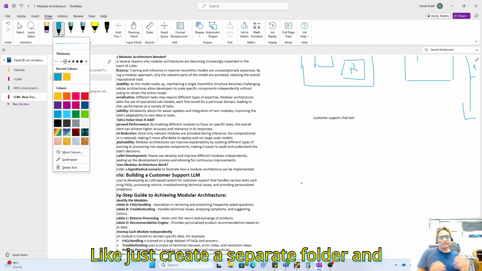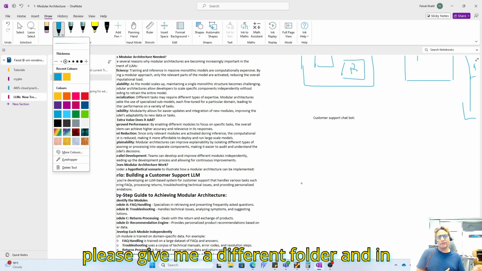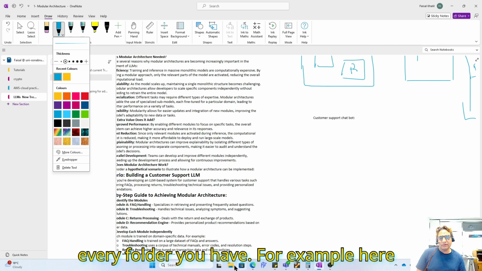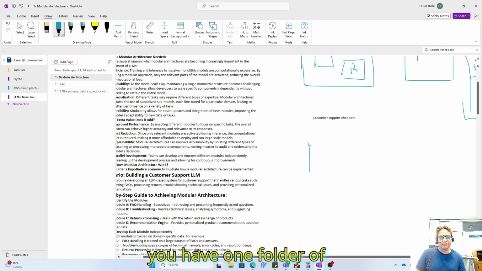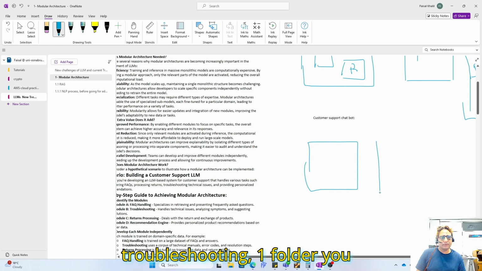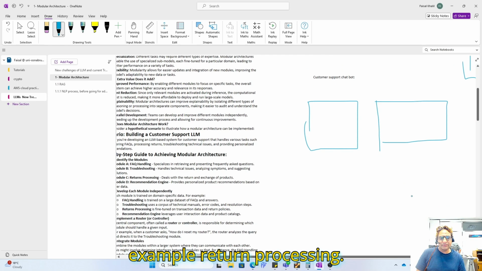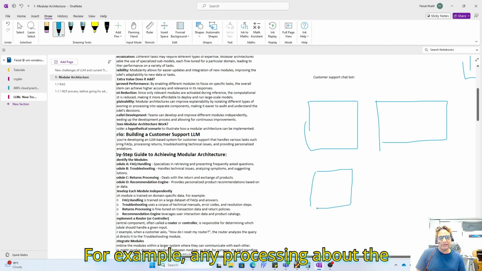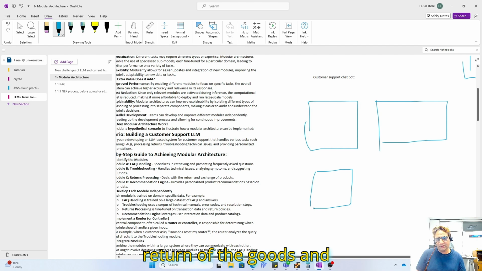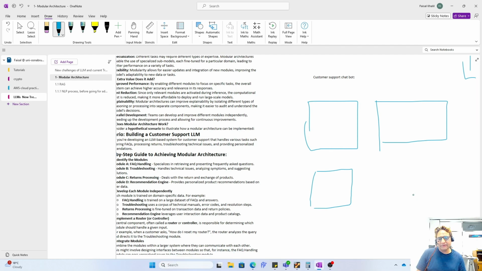Just create separate folders, and in every folder you have, for example, one folder of troubleshooting, one folder of, for example, return processing, any processing about the return of goods, and any other thing.